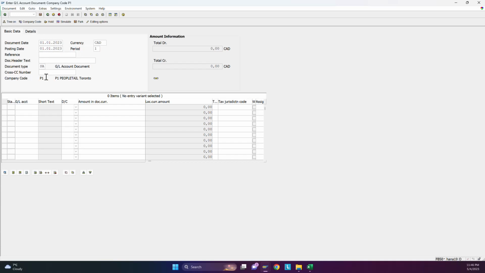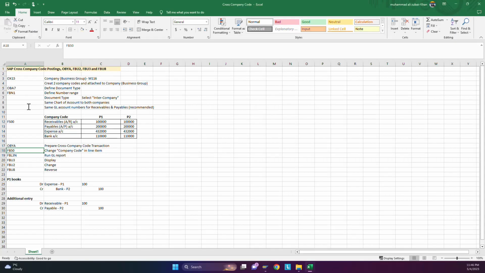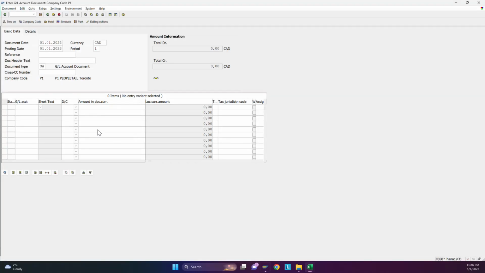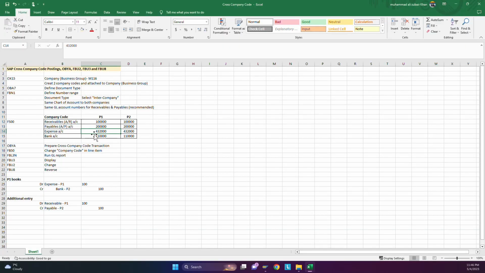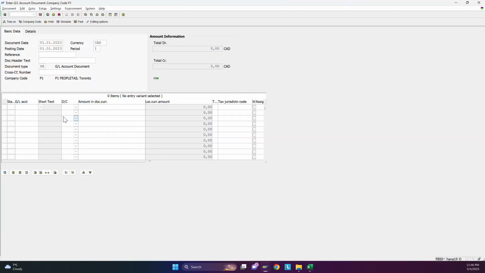First we are entering with the first document, SA, and we take the intercompany. So the GL account is expense debit. In our case, expense is this, and you have to make sure in which company code you are. You are in P1. If you are in a different company code, you can change from there. So our expense account is this. We debit it